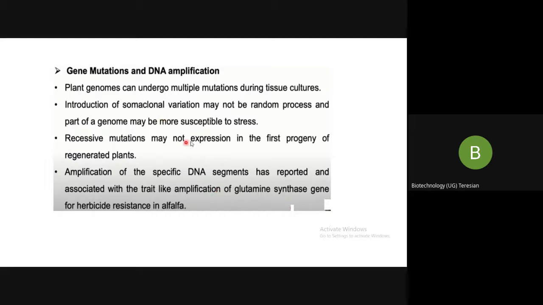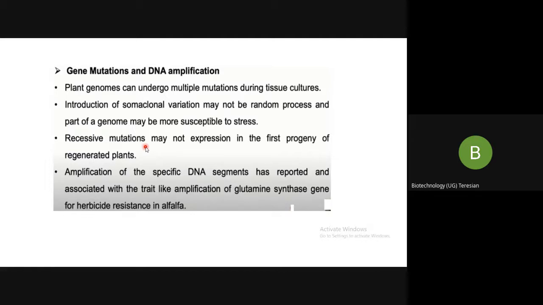That is what we told here, right? Some of the explant or some part of your plant are more susceptible to stress. When they're more susceptible to stress, what happens? Variation occurs there. Easily, I can manipulate that part, not me, the somaclonal variation we are speaking about. Sometimes changes may be recessive. Dominant, recessive, all those, we are not going into all those. We'll not touch the genetics part.